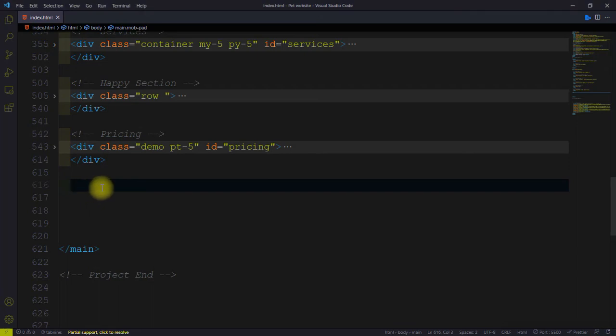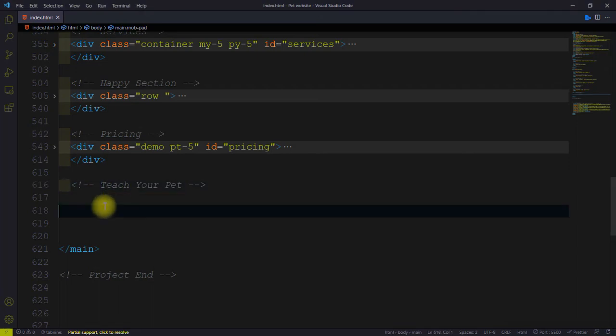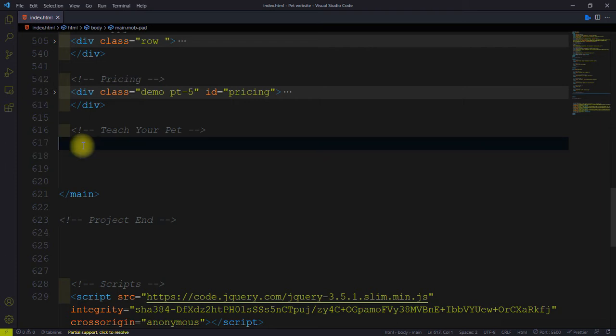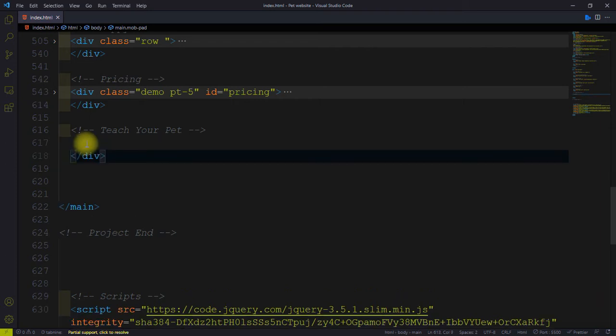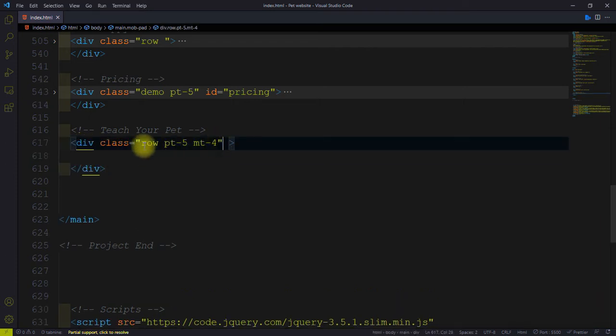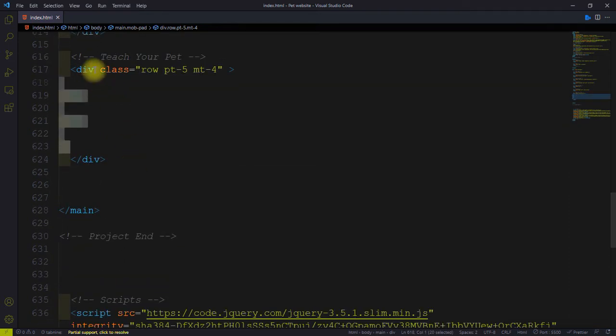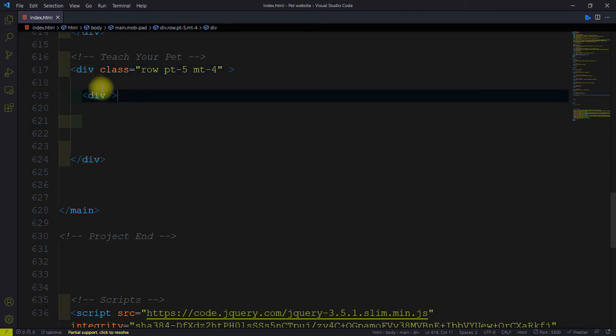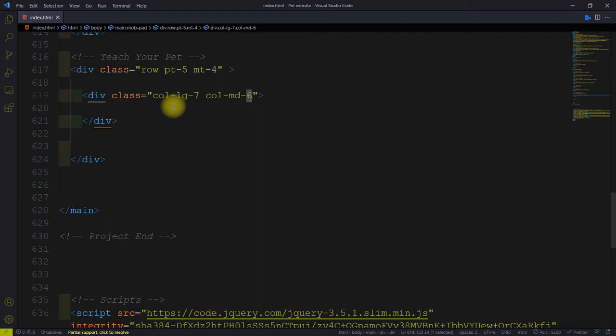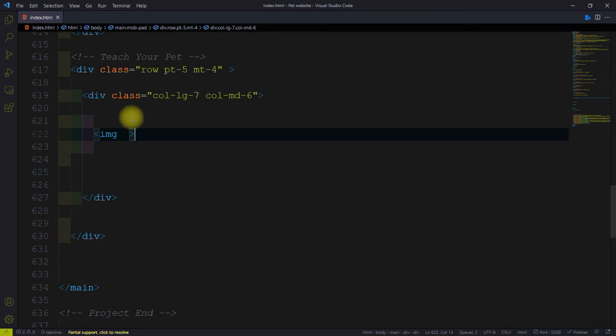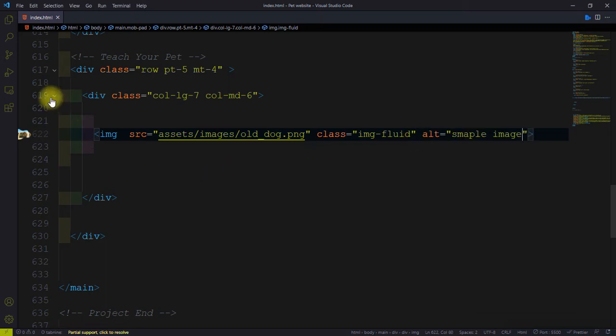So after the pricing, we'll now create the teach your pet section. After this, we will create a div and give it a class equal to row, padding 5 and margin 4. Then inside this div, we will create a div and give it a class equal to col-lg-7 and col-md-4. Then we have the image source old dog.png and give it a class equal to image float and our sample image. So let me open this screen,